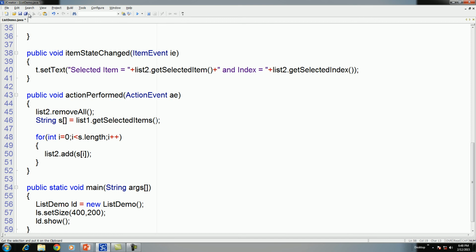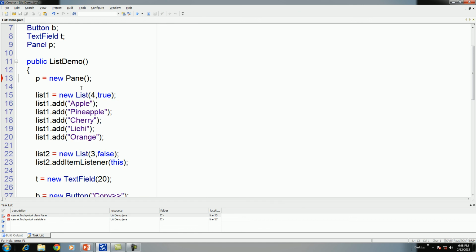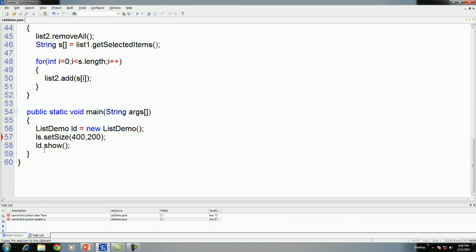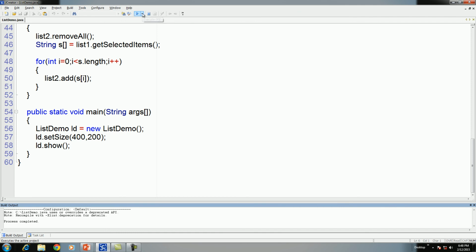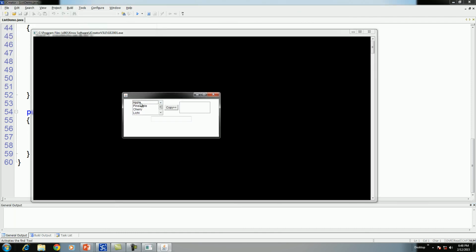Okay, let us see the preview. There is one more error. Okay. Now here is the design. Suppose we select apple and cherry. Multi selection is allowed. There is apple and cherry.